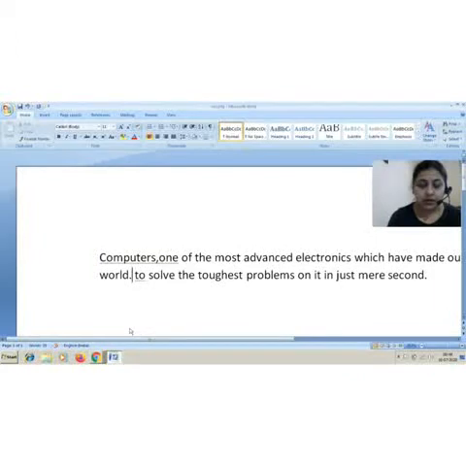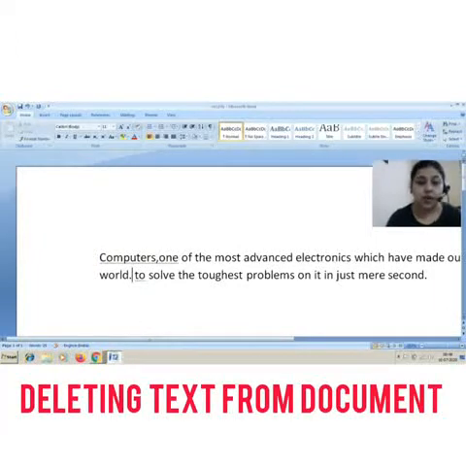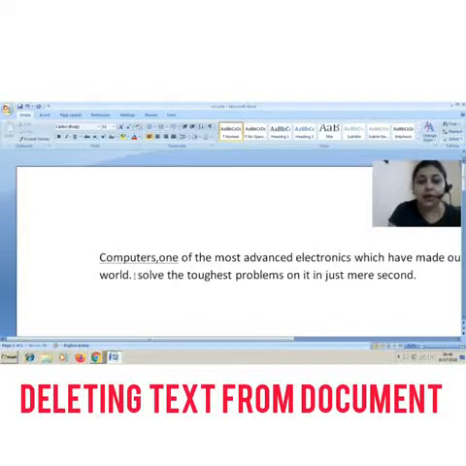This is how you can save a file. Fine. Suppose, girls, you want to delete something from this Word document, either a word or a line, and if the cursor is to the left of the word that you want to delete, in that case you will make use of the Delete key of your keyboard. Fine. And if your cursor is to the right of the word that you want to delete, in that case you will make use of the Backspace key.